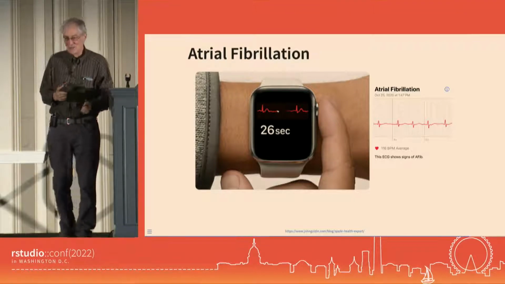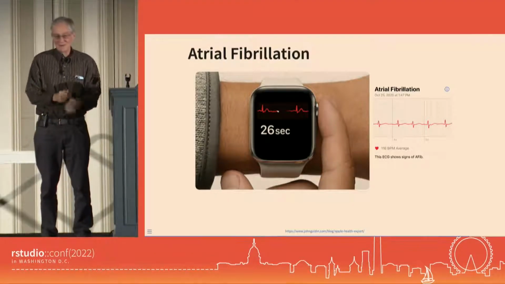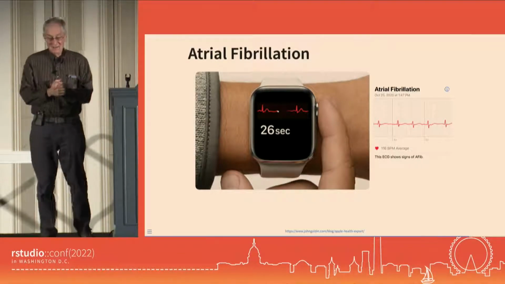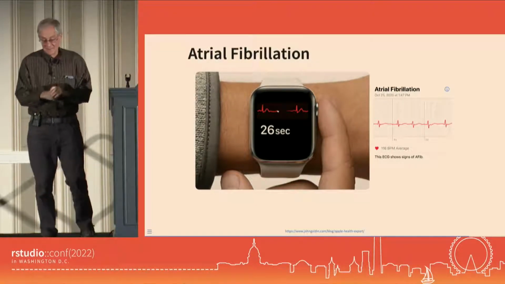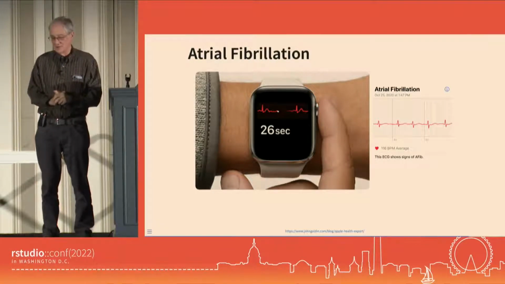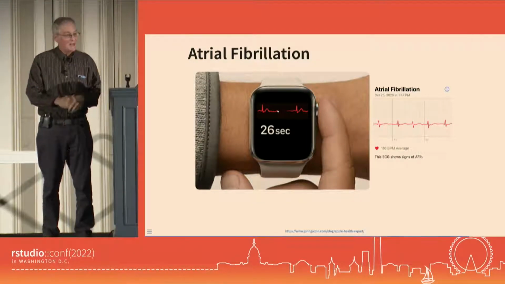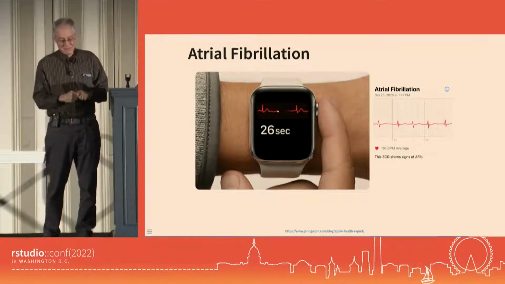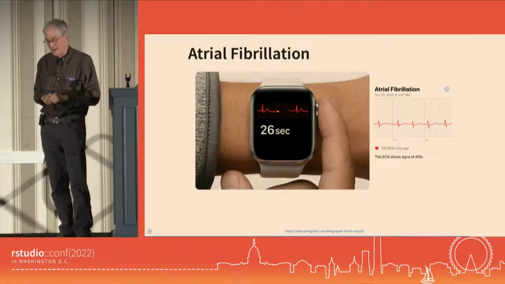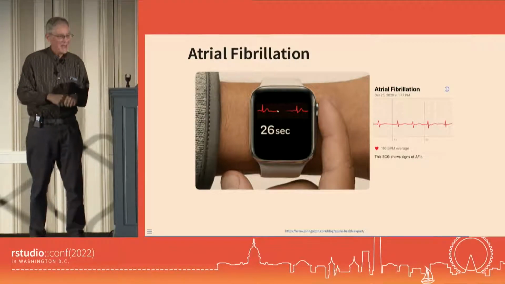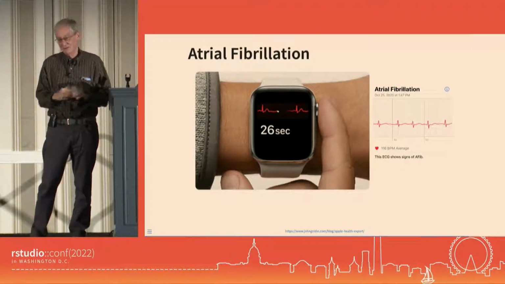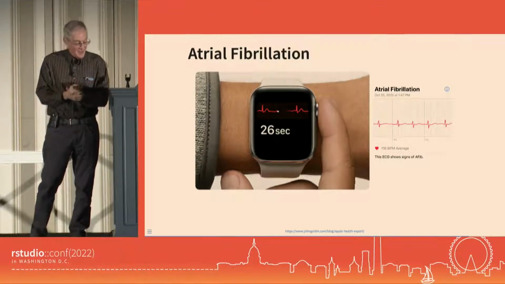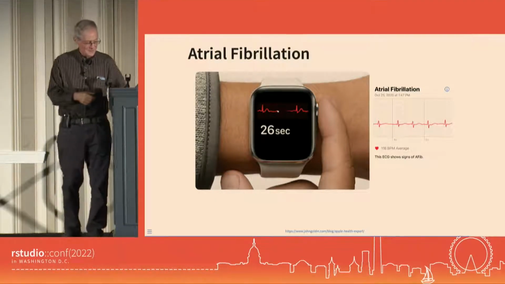You actually do the electrocardiogram by putting your finger on the stem of the watch, as is shown in the picture here. And then on to the right, we have an actual little example of the electrocardiogram strip that it produces. That strip is my strip, indicates atrial fibrillation. That was from October of 2020. That's the second time I had an episode of atrial fibrillation in 7 years. I am elderly, so it's not so far-fetched.